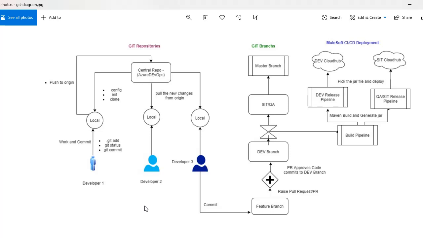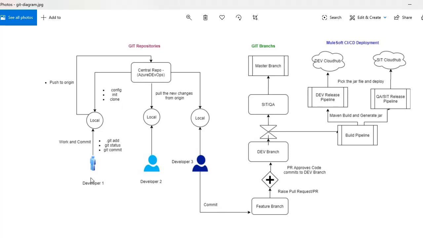We need to keep our code somewhere which is globally accessible to all our developers, and for backup purposes. In our example, Azure DevOps acts as the central repository and Git is our local repository.